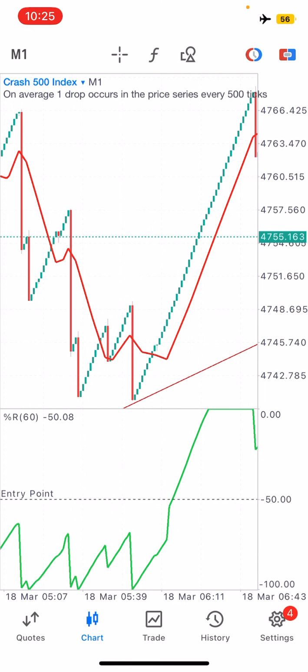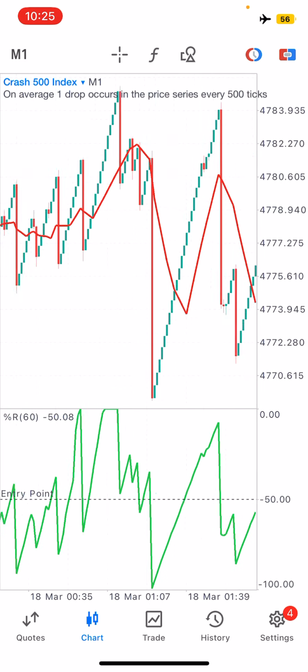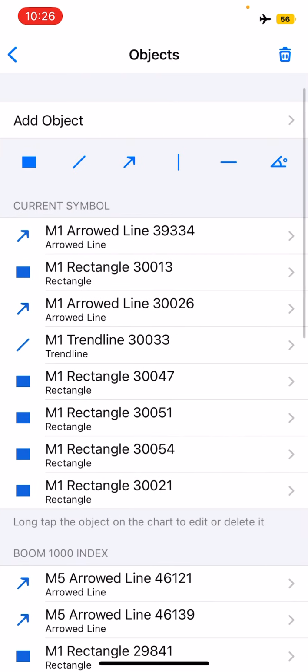So maybe let's look at another example. I don't want to rush this. Remember, 1 minute time frame, that's where you'll be trading. That's where you'll be getting your entries. Your main chart will only give you an alert. This time,